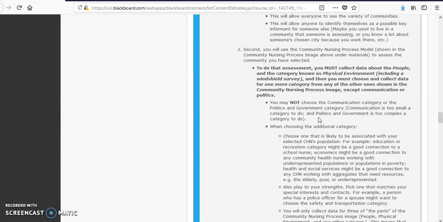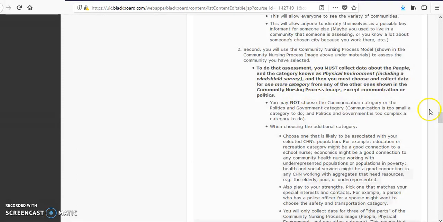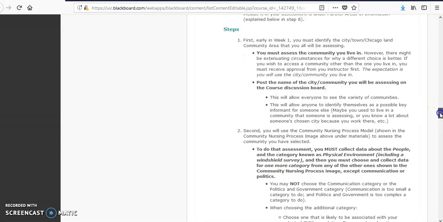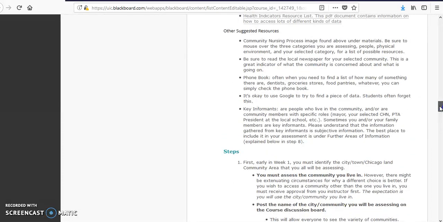Okay, that's it. This is just some little tips on prepping early in week 1 so that you're posting that needed information by the middle of week 1 so that you can actually get started doing the community assessment and collecting the data that you need. If you have any questions about this,